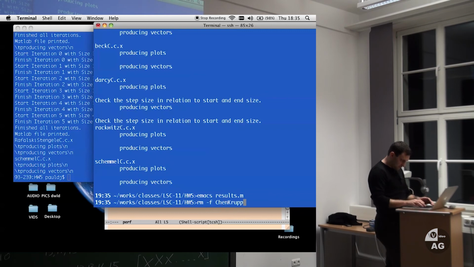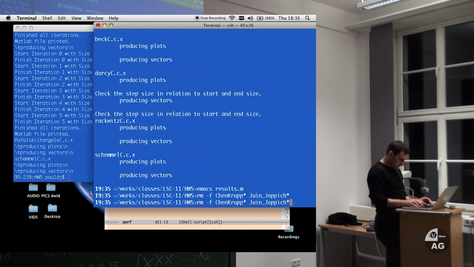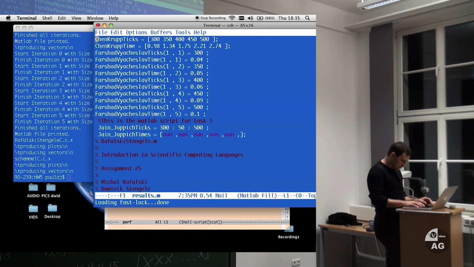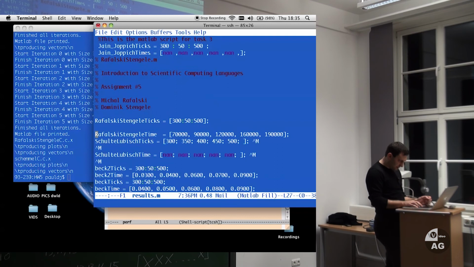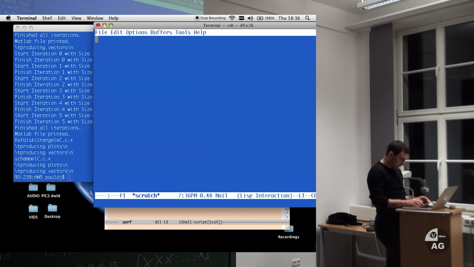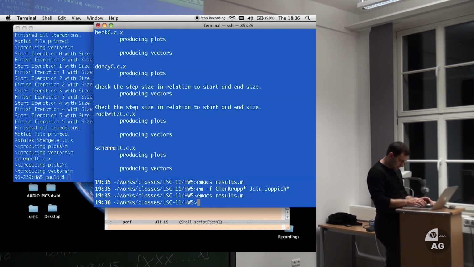So why are you killing people on this mission and not on the other one? Because clearly it works on the other one. 1 sec. Now we kill everybody. Farshad, these guys are fast, assuming they're computing the right thing. Schulte, Lubitsch, they're gone. But clearly this NAM is due to clocks per second. Yeah, I know.